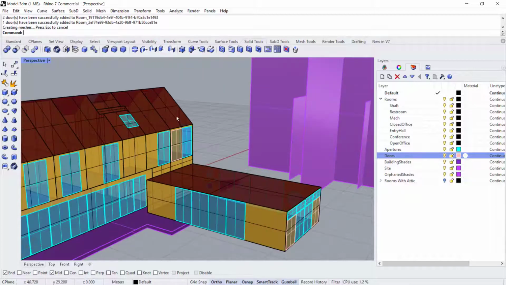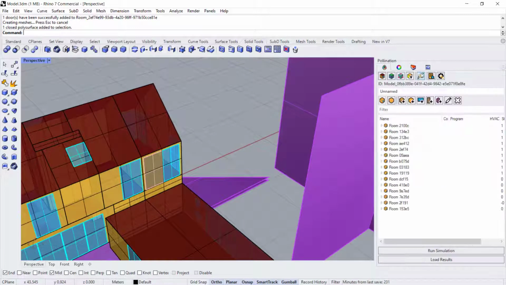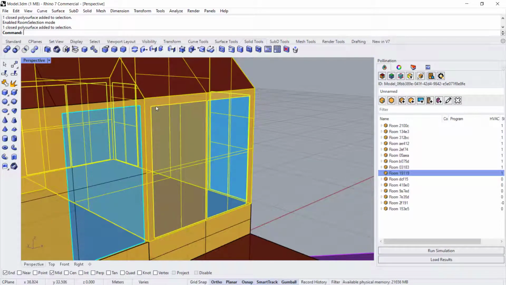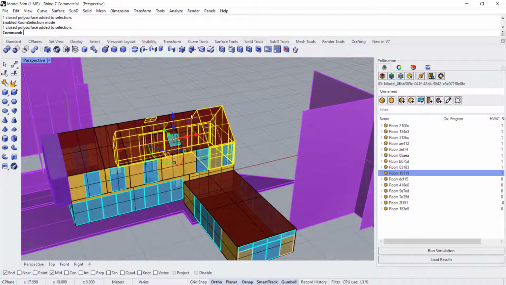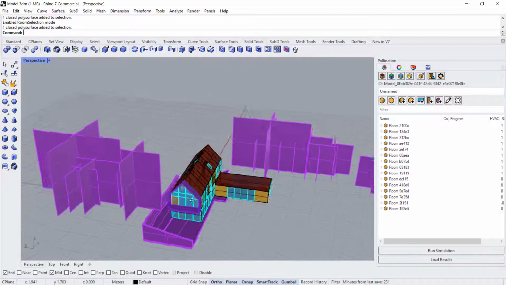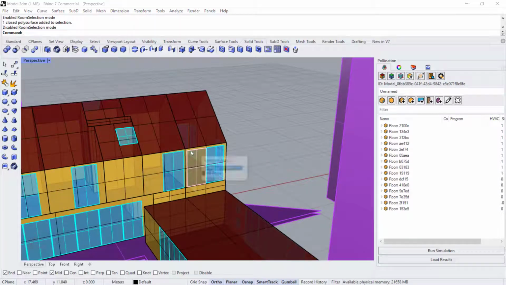So the rooms have now been added, and let's turn off that room selection mode. And when you select a room, it automatically selects the door with it. So now we've assigned windows and doors to our pollination project. Similarly to Windows, if you turn the room selection off, you can select the room and you can,